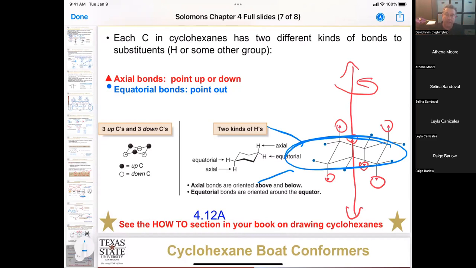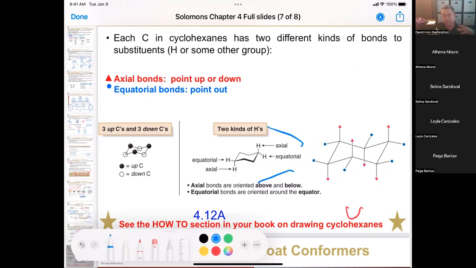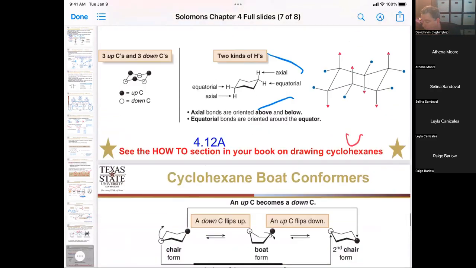Okay, so it's really easy to pay attention to this because in the chair conformation, you're always going to have 3 up axials, 3 down axials, 3 outward up equatorials, and 3 outward down equatorials. Okay, because the way we've drawn this, they're always going to be that way. Okay, so the other cool thing about this is now that we have our axials and our equatorials, if we were to go ahead and, oh, no, I'm going to save that for another slide. All right, so